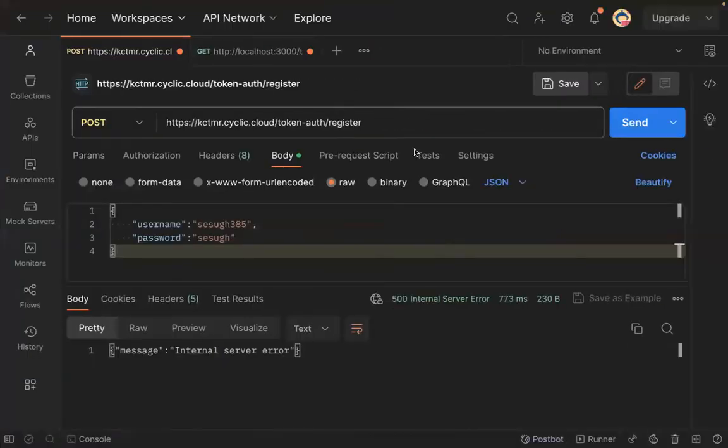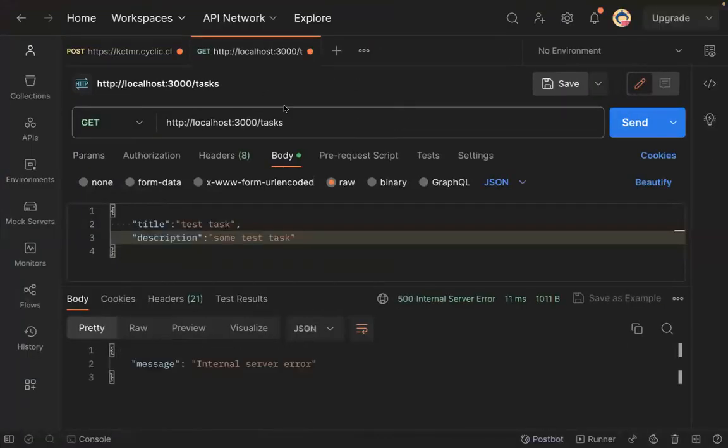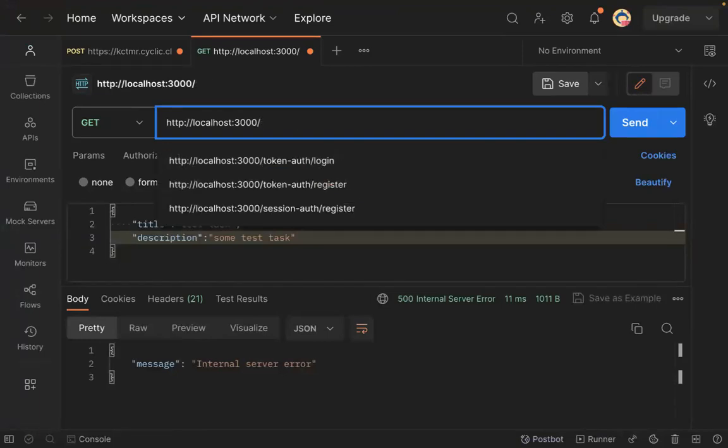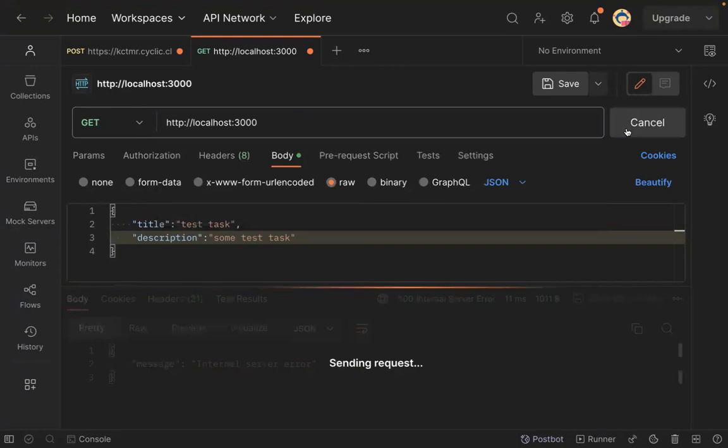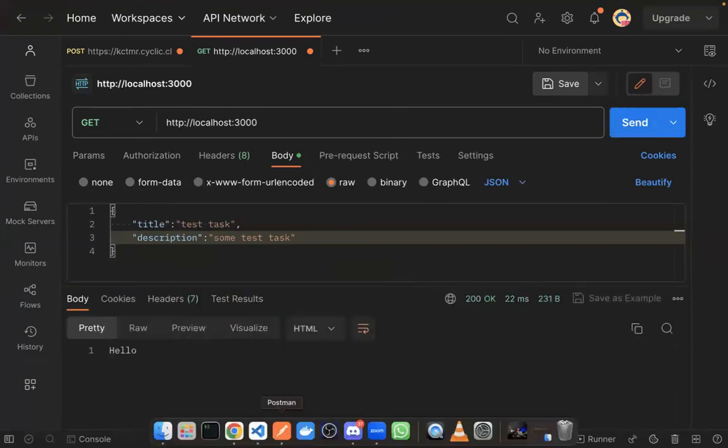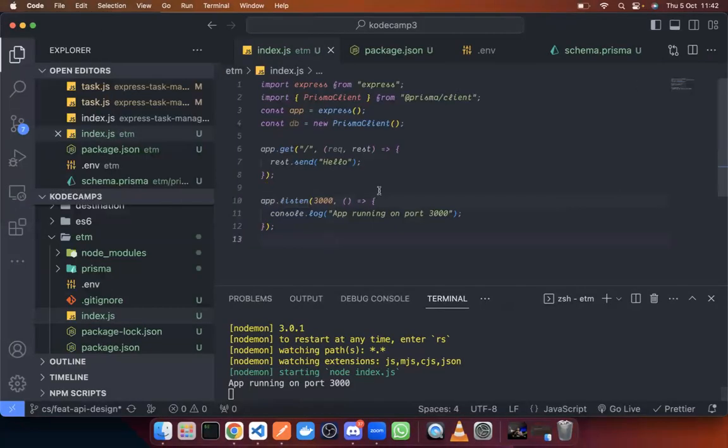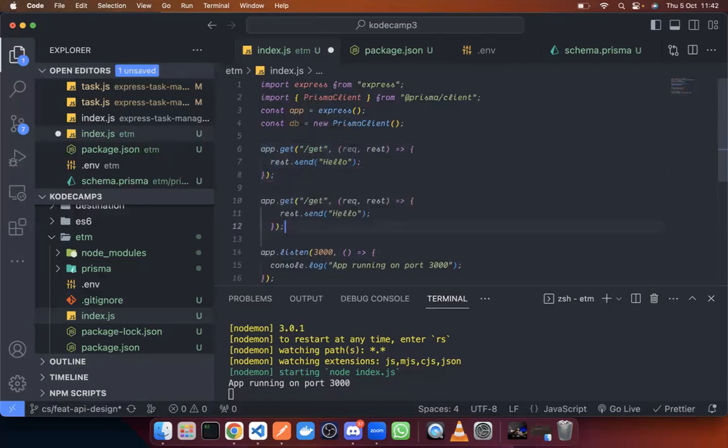Okay, server is running, so let's test it out on localhost 3000. Hello. Okay, so now let's postfix this with get, and then create another route, and then with create, and in here